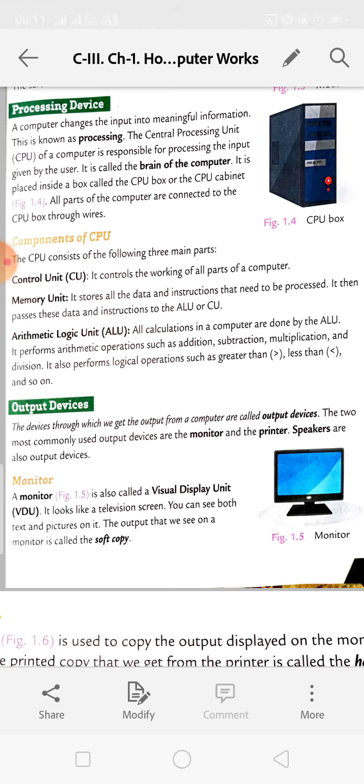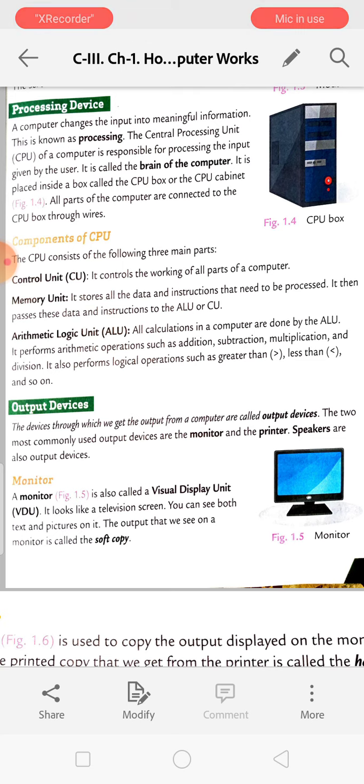Okay, so our brain is the control unit. That means whatever we are doing, we are moving our hand, we are talking, all the things we do are from the brain. So the control unit is actually like the human brain, if we compare. Memory unit: whenever we read something, we remember it, and in a computer, the memory unit remembers all the things.